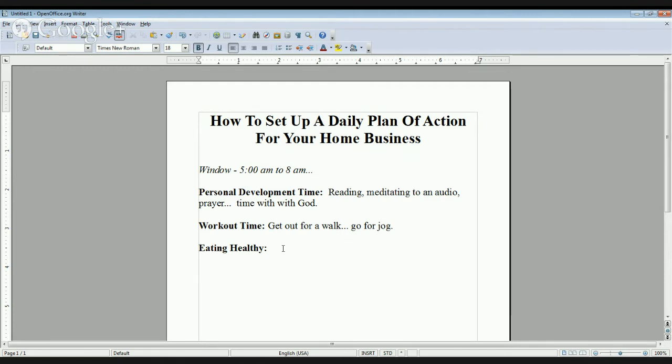I don't care if you've got a job or not. Even if you're still working a full-time job on top of your business, get out of bed an hour earlier if you have to, and incorporate your personal development time and your workout time all into one based on your audio or whatever it is that you choose. Find a way to get a routine. I'm not saying you've got to follow this step by step by step, but get into a routine that's healthy, that gets you woke up, gets you active, and gets your mind right. It's so important because focus is paramount when it comes to sticking to a daily plan of action for your list. Okay, so for list builders,